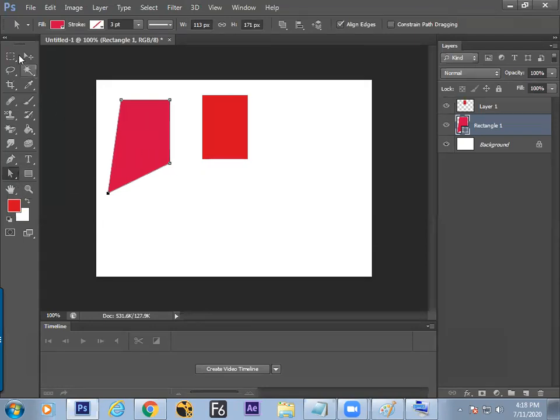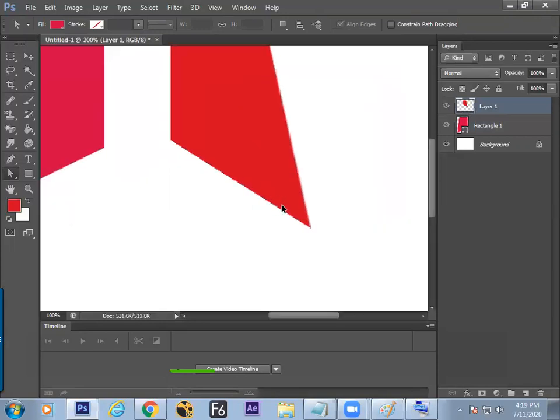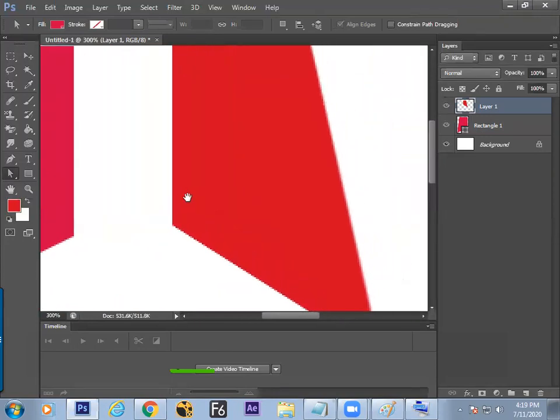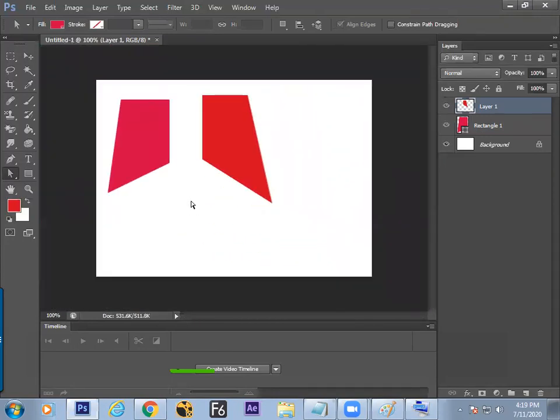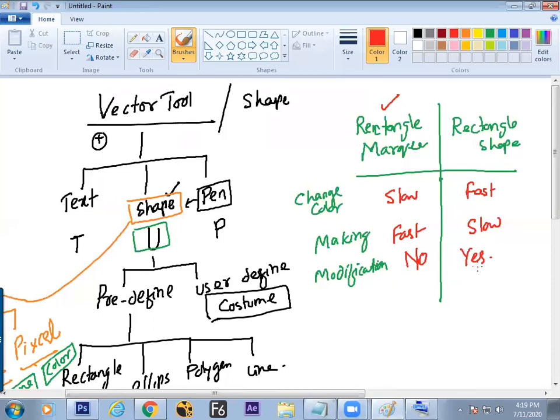Yes, we can modify the rectangle also, but what happens over here, if you take free transform and drag it up, the quality goes down. Obviously the quality will go down, but here the quality will be sharp. This is the difference between the making processes. Sir, in this shape tool, we can make a rectangle into a square also, no, sir? In the rectangle marquee tool, by holding shift, you are able to do it, no, sir? Yes. So we have understood now modification becomes easier in the rectangle shape compared to the rectangle marquee. It is just a comparative format.